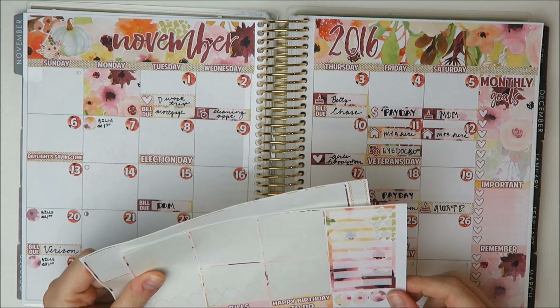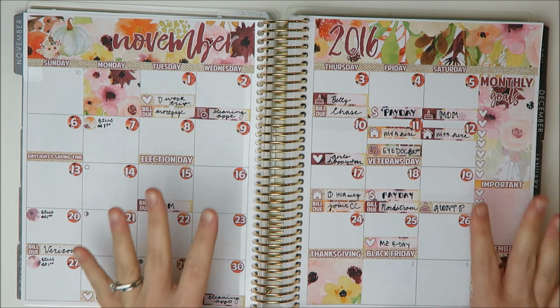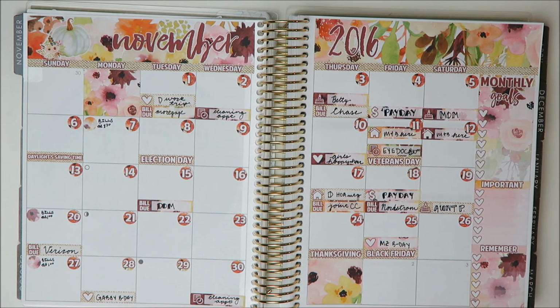I don't know if she does her own designs or not, but I love the maroons and the pinks, and I loved that this was very fall feeling without being overkill Thanksgiving. I just really liked this visually. This was super pretty. So the things that I thought this kit was missing were, the main thing that I